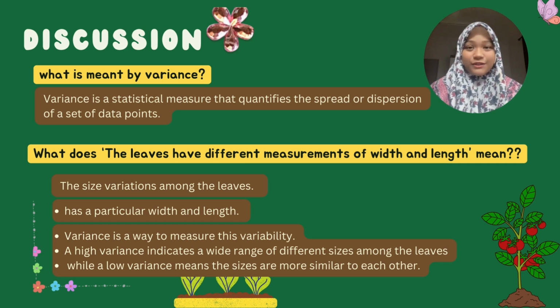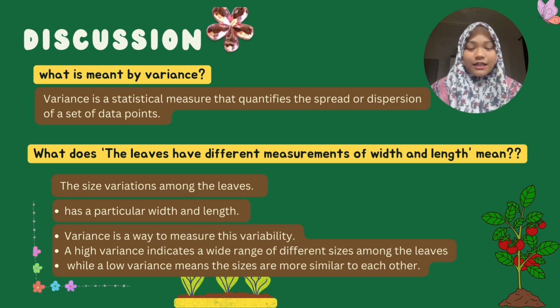What does it mean when leaves have different measures of width and length? It refers to the size variation among the leaves. There are different kinds of leaves because each one has a particular width and length. Variance is a way to measure this variability, showing how much the width and the length of the leaves differ